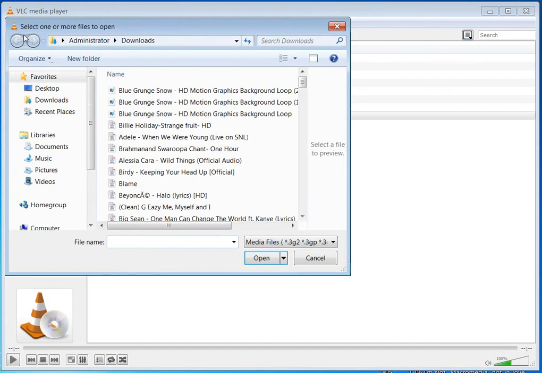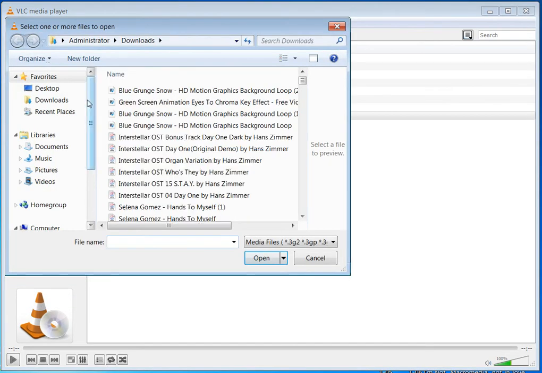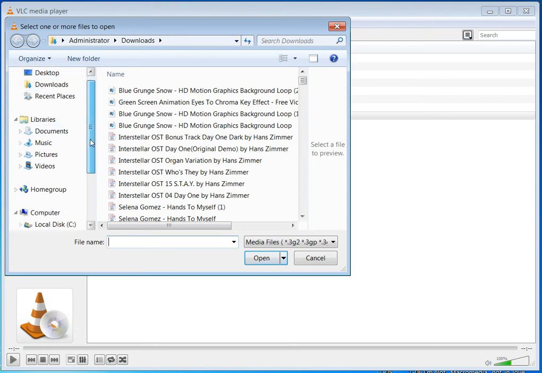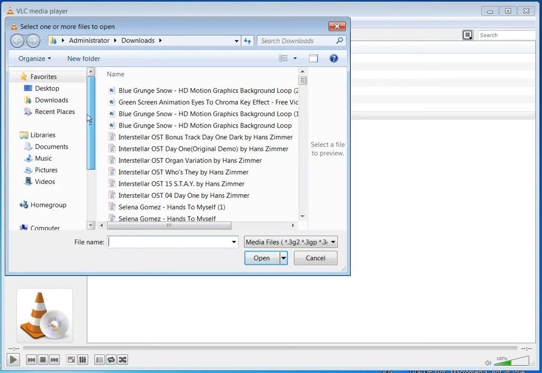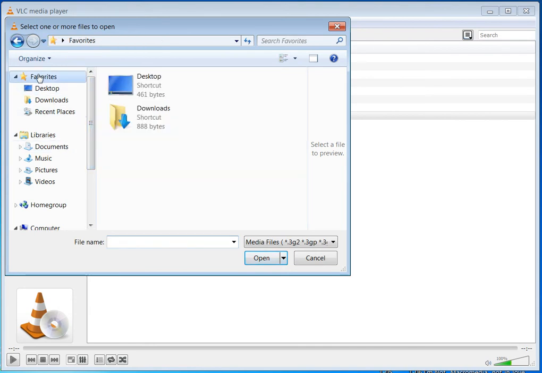So open file. And this can be tricky to find. It's kind of a pain in the butt. On my computer at home, I eventually figured out how to make downloads a favorite. But I think at school, you don't see downloads. It's not easy to see. There's a couple ways you could do this. I think if you go into the computer itself,